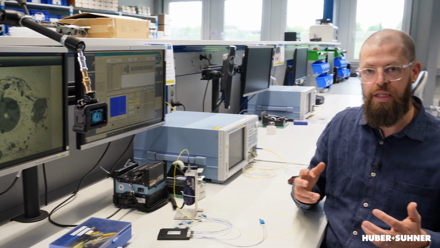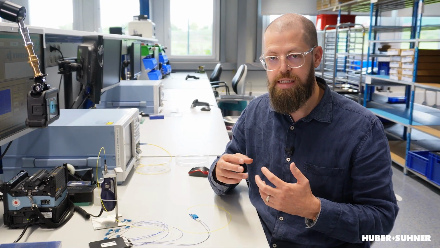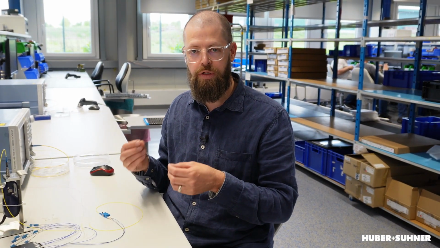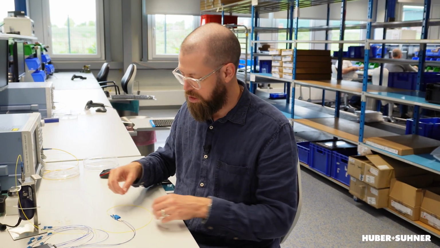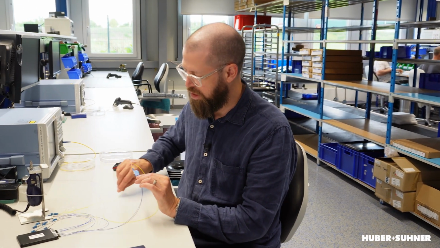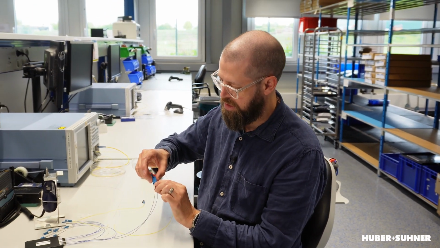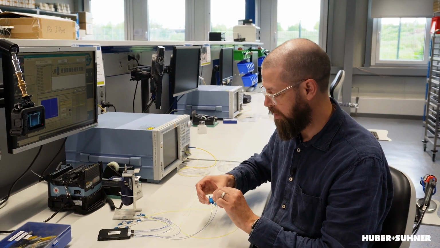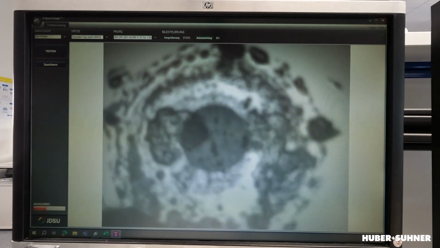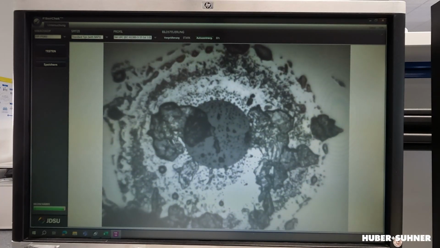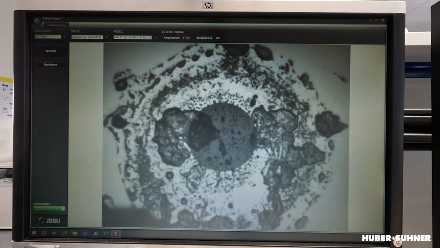Now, the other important thing that you need to keep in mind is that the contamination of the connector doesn't just stay on that connector, but it is passed along. So in other words, in this connection here, you will see that this other connector on the other side, which was clean before we started out, if I now put that into here, you will also see that it has now also been contaminated.